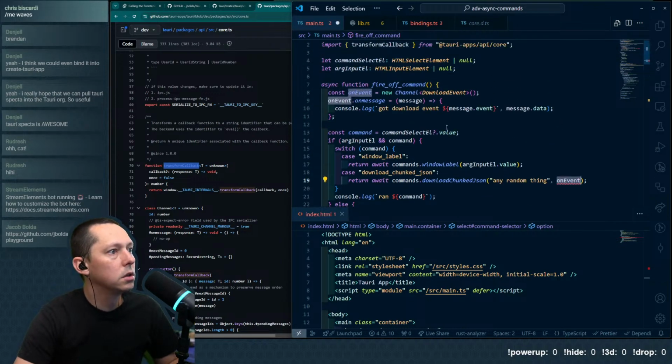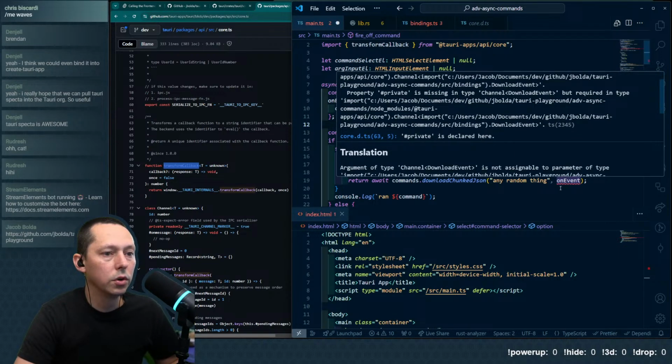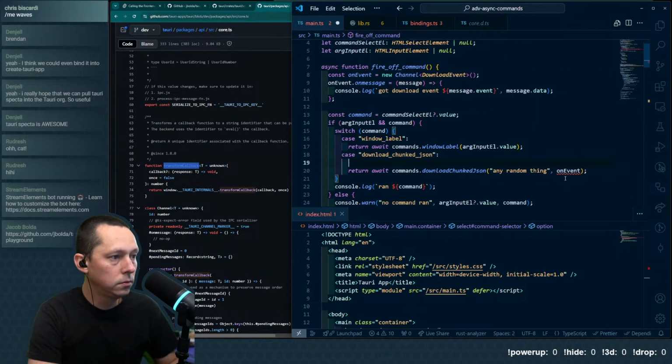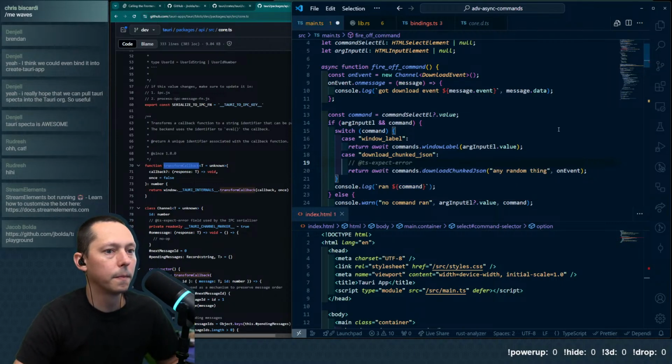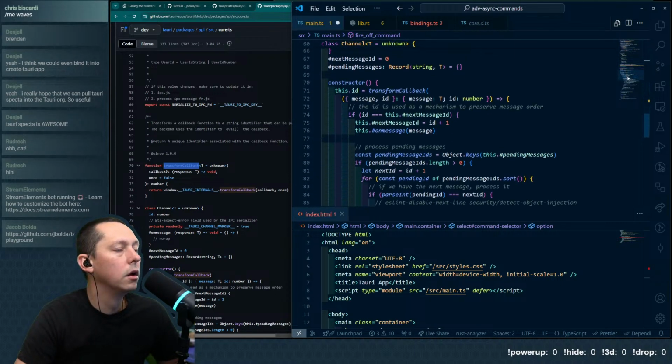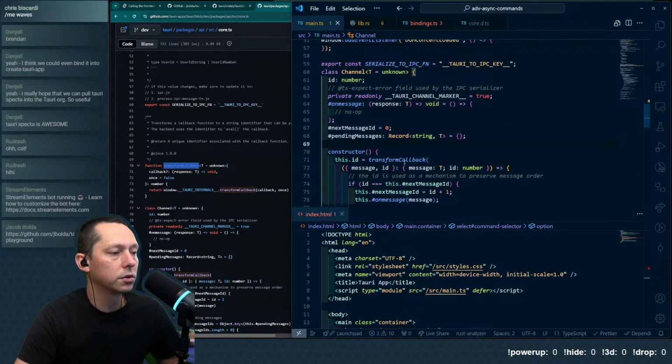So on event is coming from, why is that argument of type not assignable to parameter? Yeah, so we could in theory do whatever we want as long as it just ignores it and knows how to fire off the actual command.